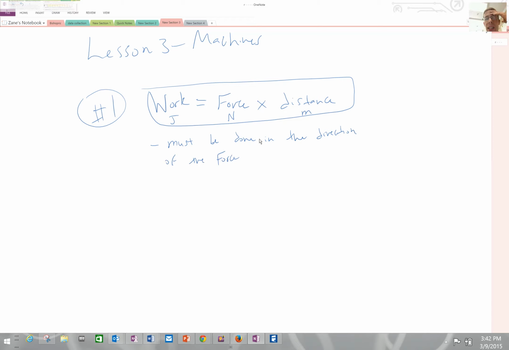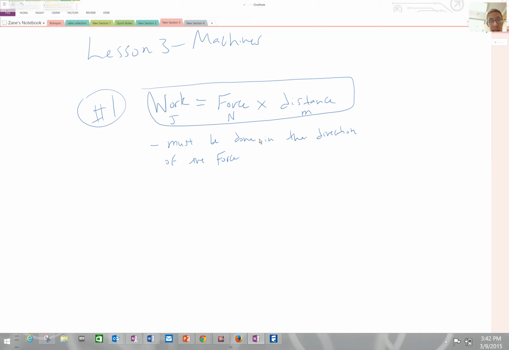Now if I transport a backpack from one end of the room to another end, believe it or not, that is not work because you are using force to lift the backpack up against the force of gravity, but you're not using that force in the same direction as movement if you're carrying it across a room. So that is not work. Work always, always, always must be done in the direction of the force. Okay,